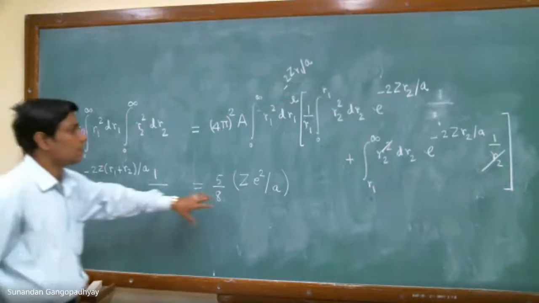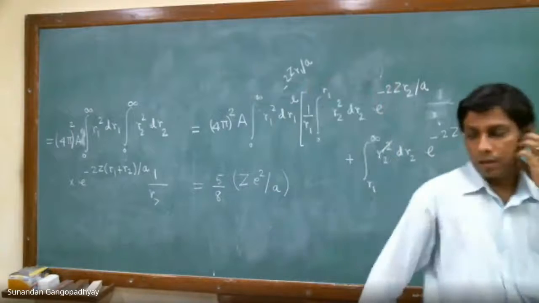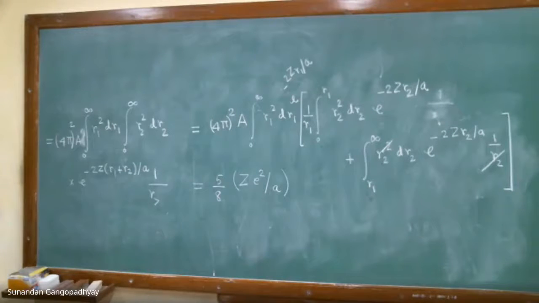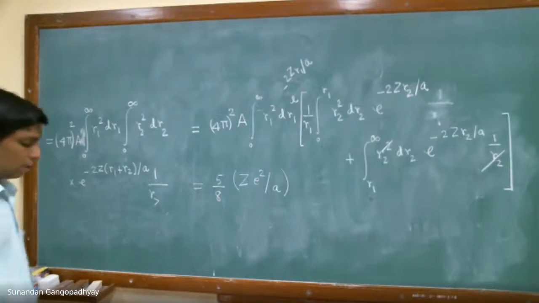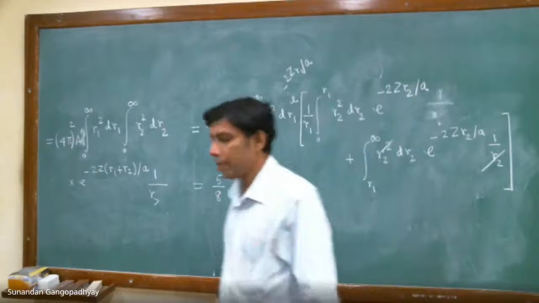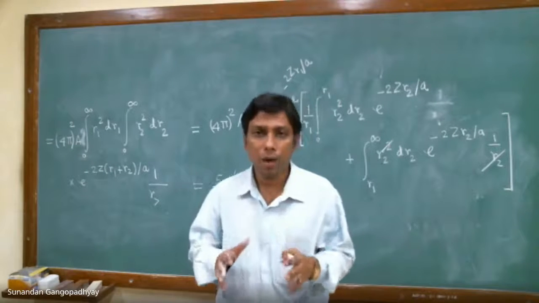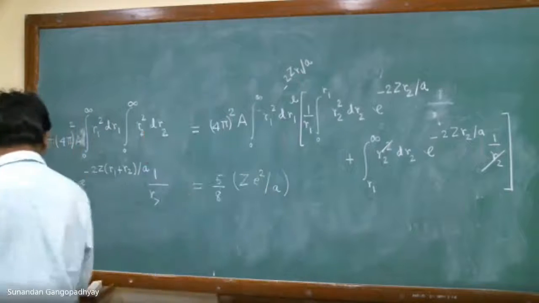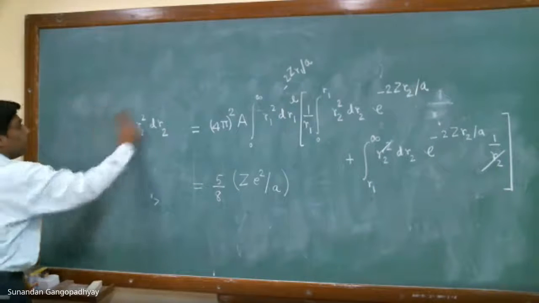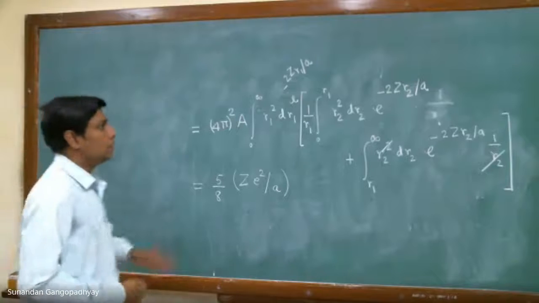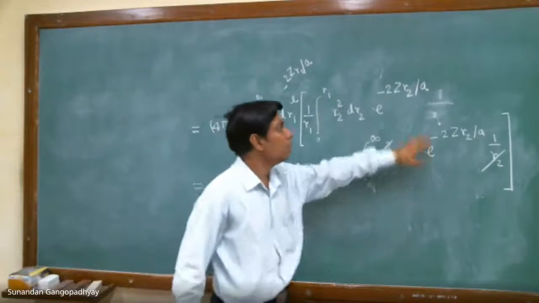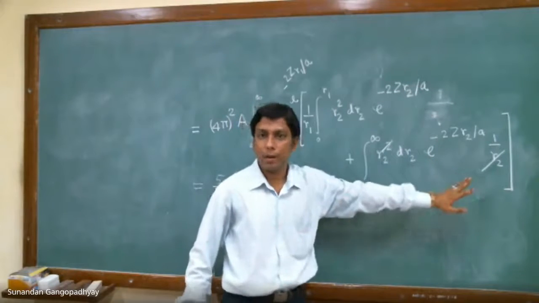So once you do these integrals, this will be your first order correction from perturbation theory. The first order correction to the unperturbed ground state energy of the helium atom coming from perturbation theory, where you treat the Coulomb repulsion term e²/r12 as a perturbation, as a small term. So this gives you the correction. What I have left for you is to do these integrals yourself by hand, and as I mentioned, these are very simple to do because you just need to apply integration by parts.